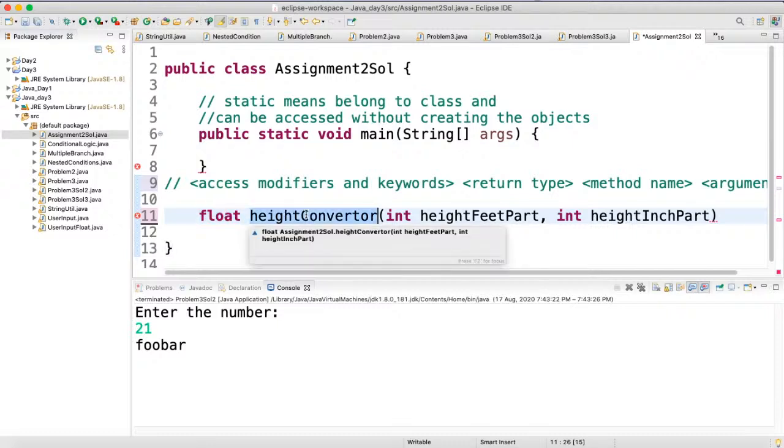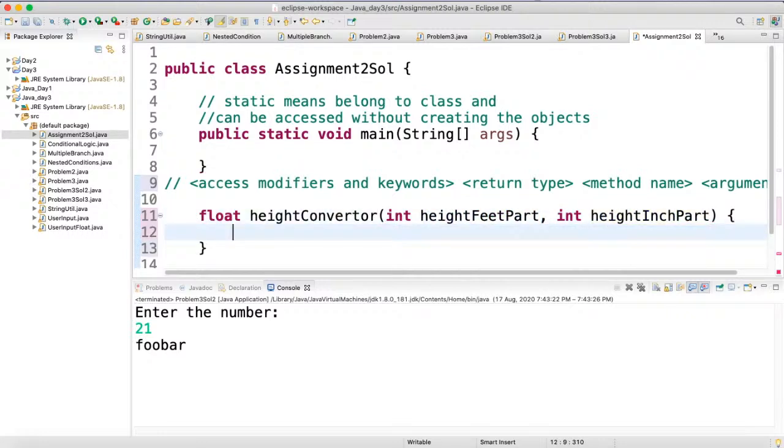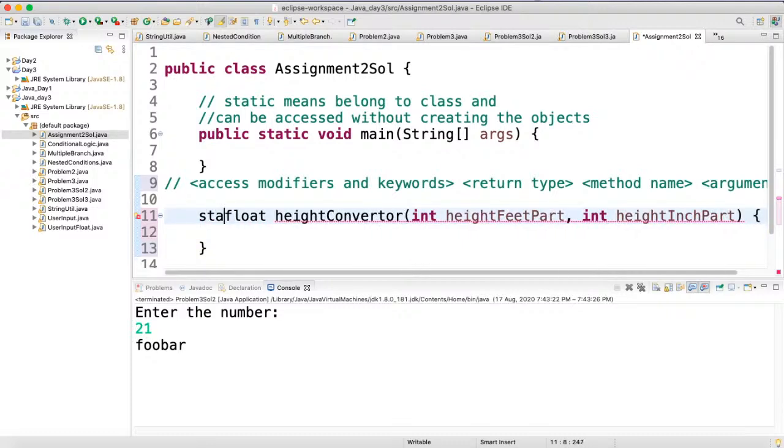And this is a height converter. It will take two inputs: one will be the height feet part and the other the height inch part. Okay. So guys, we have to make this method static because only static methods can be accessed from a static